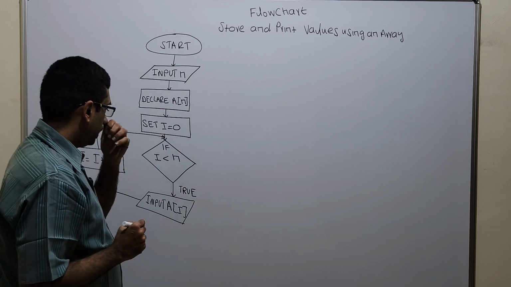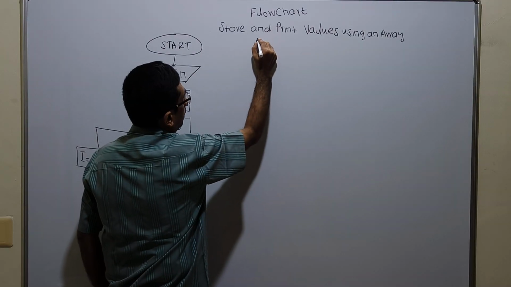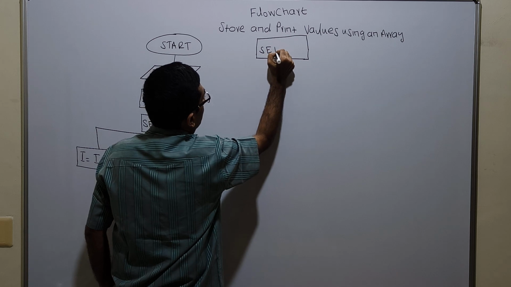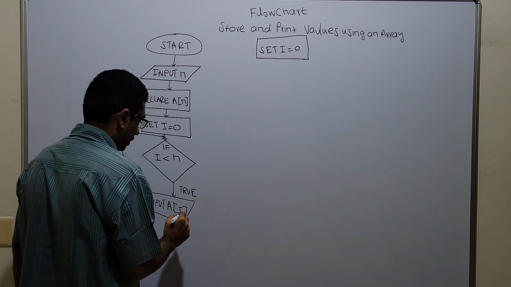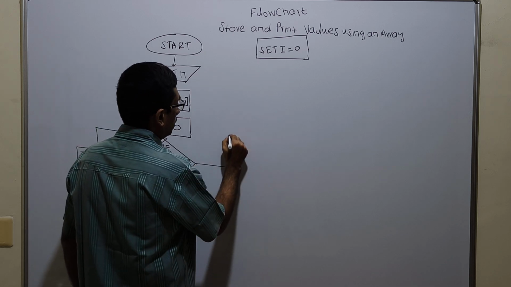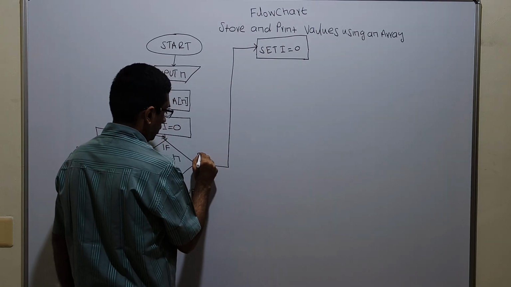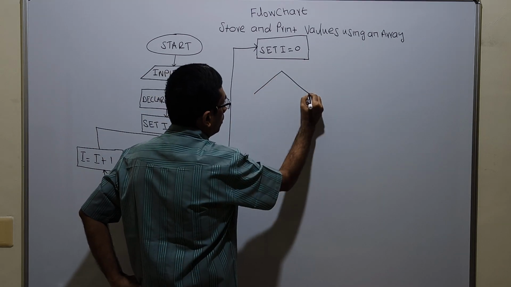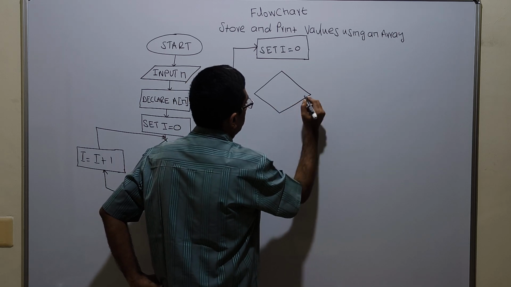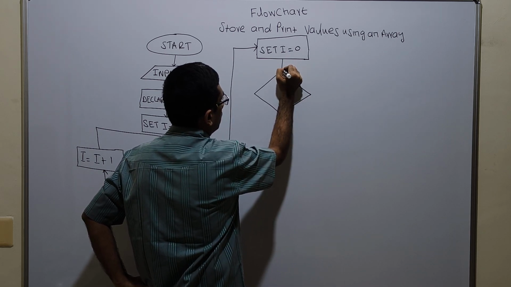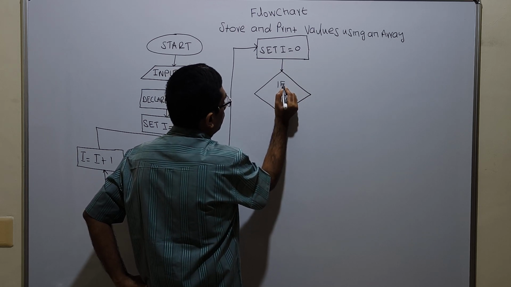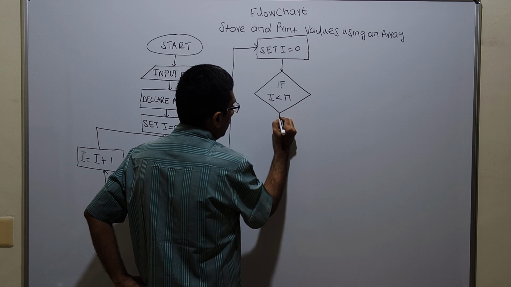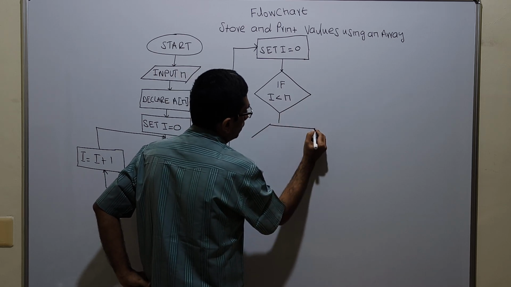If this condition is false, I less than n equal to false, in such a case, I am initializing the I value as 0. Set I equal to 0 because I am going to display the results. So if it is false, now I am writing a decision statement. Here I am checking if I is less than n. So here, if it is true, in such a case,